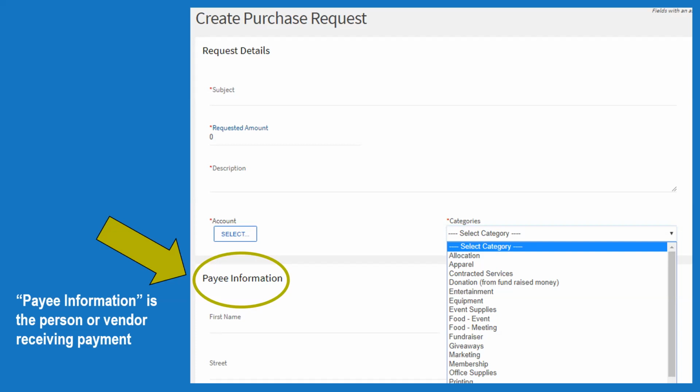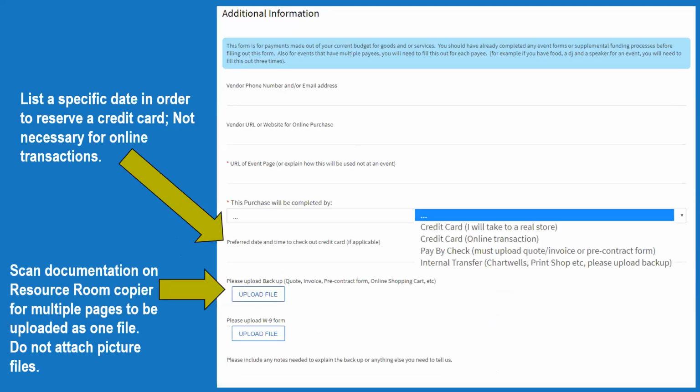Categories. It's important to select the category here because at the end of the year, we pull reports and we try and figure out how much we spent on food. And then we go to Chartwells, and we're like, yo, you cost us too much money. Look at how much money we spent on food. So please make sure you're doing this correctly. It helps with our finance. So anyway,